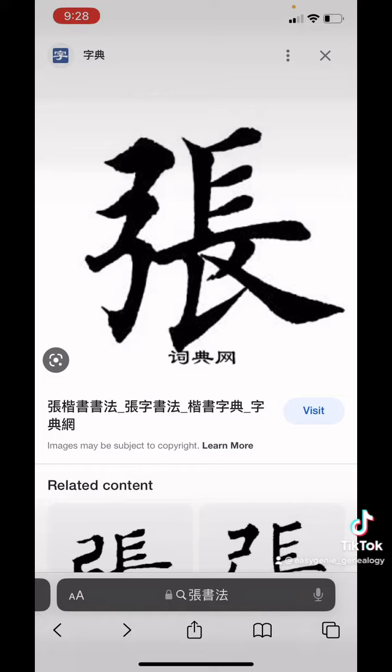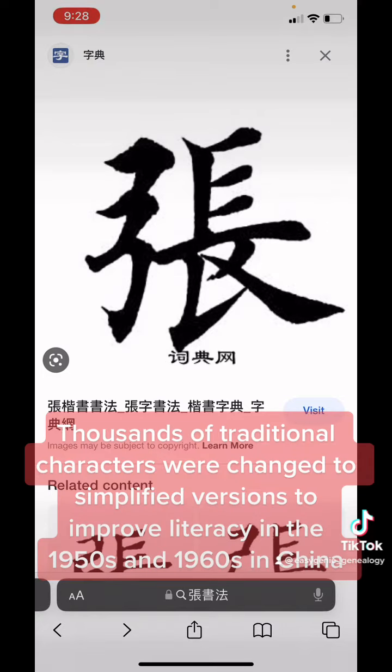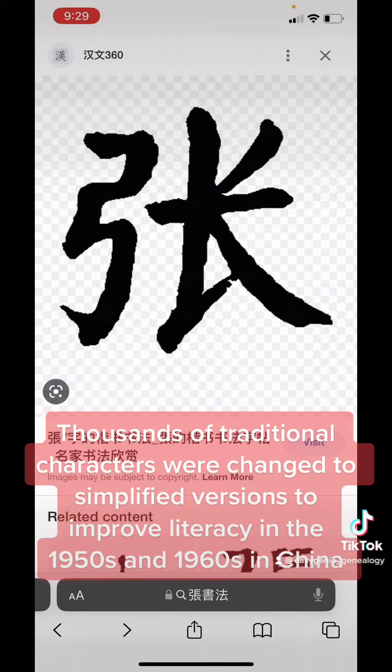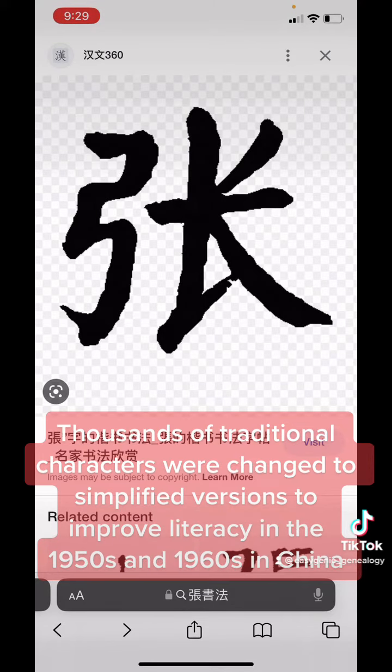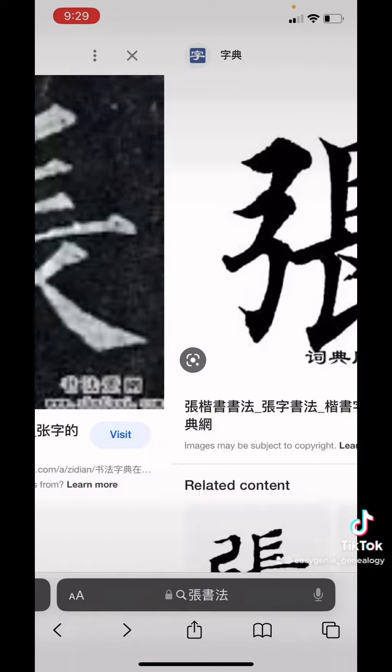This is the complex version of the same surname. And if your families came from Hong Kong or China or Taiwan a long time ago and they have written documents, it may look like this. However, if they came over from China more recently, it will look like this. Taiwan, they still use the complex version. China, they use the simplified version. And if you